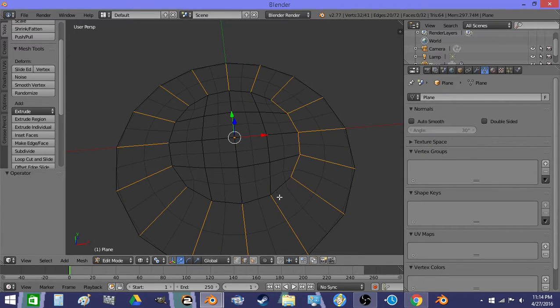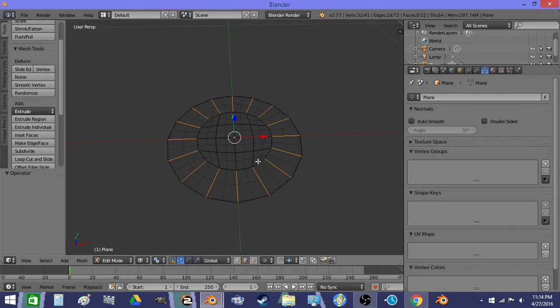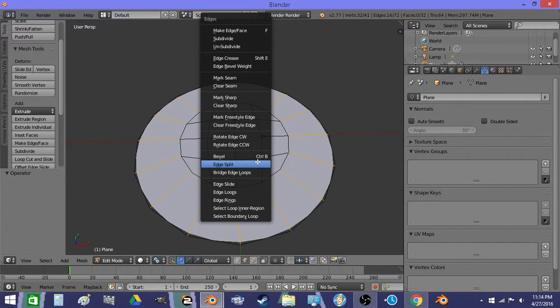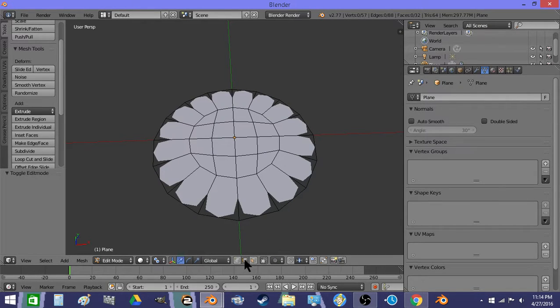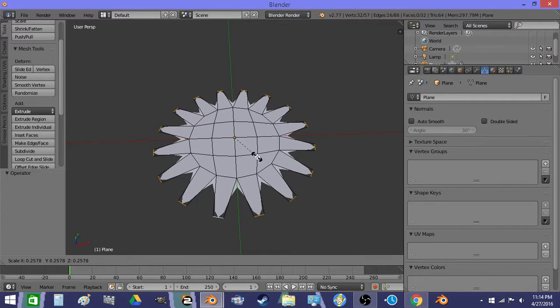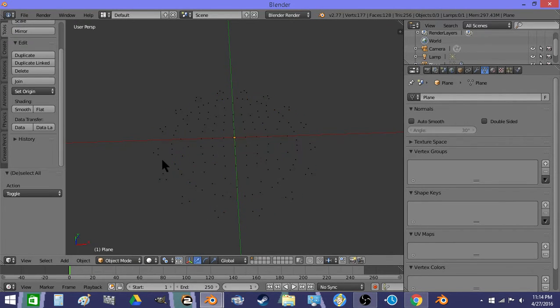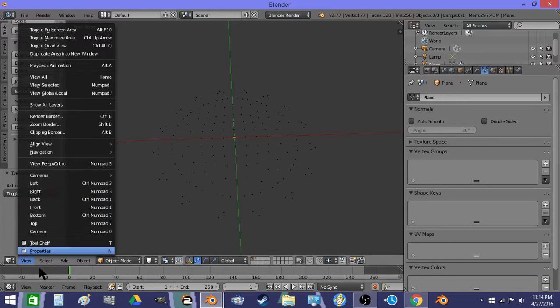Sometimes if you have a bunch of faces you need to remove, you can use the C tool, which brings up the circle, and then middle mouse, and middle mouse will unselect things. So now that we have that done, I can do Control E, edge split. So there we go. So now I need to select all these points in the fan, and then scale them. So now when we go to the view and render,